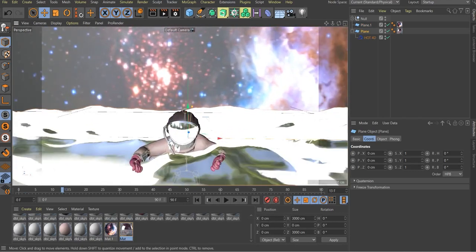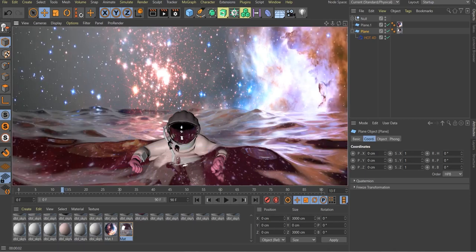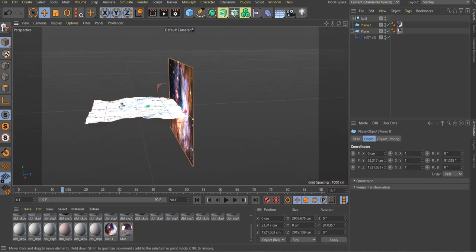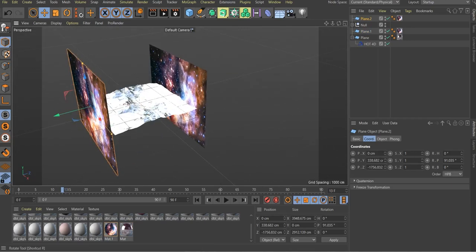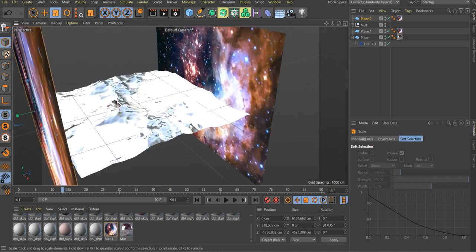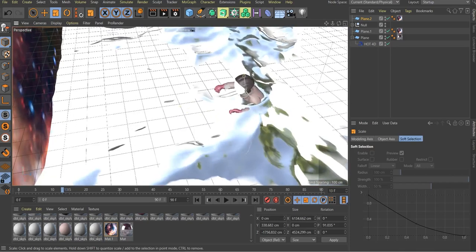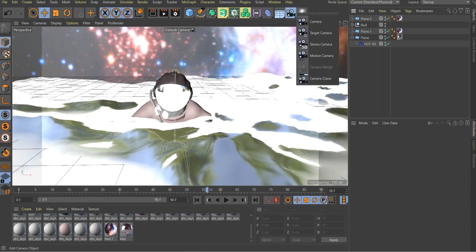Now if we preview it, this is a very dark area in its helmet, as you can see. So we need to make the front of the astronaut a bit brighter. So we are going to simply duplicate the background layer, and put the duplicated layer in front. You can duplicate by just simply pressing Ctrl C and Ctrl V to copy and paste the plane, and just place the plane in front of your character, your 3D model, and also create a camera.